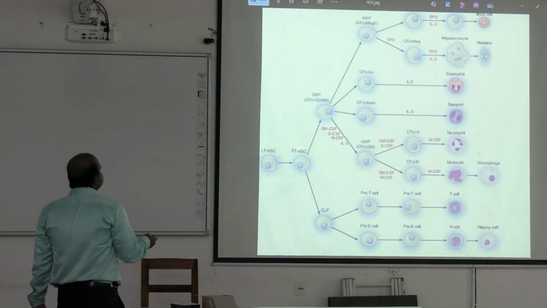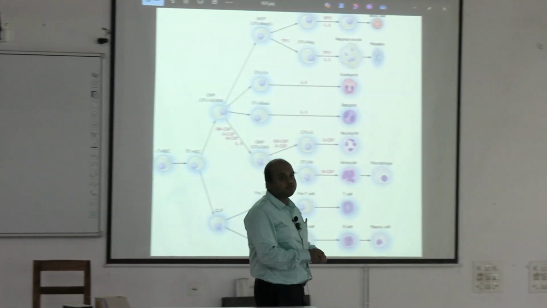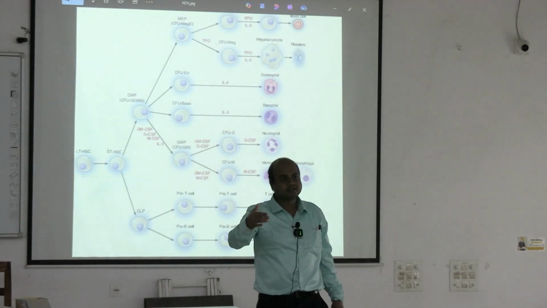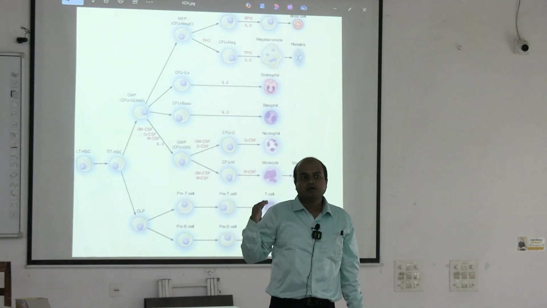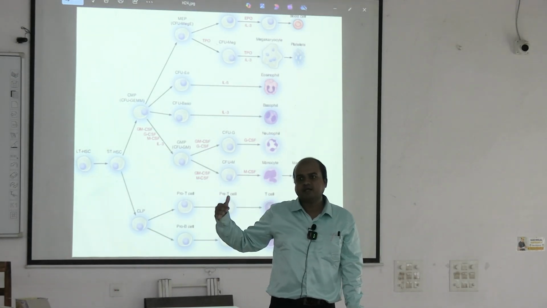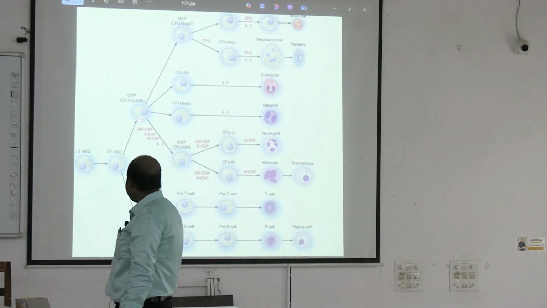Okay, so from CMP again MEP is myeloid erythroid progenitor. So from these cells, these are the stages through which they pass before maturation to the final. So there will be various lineages which will divide from these, one source from the